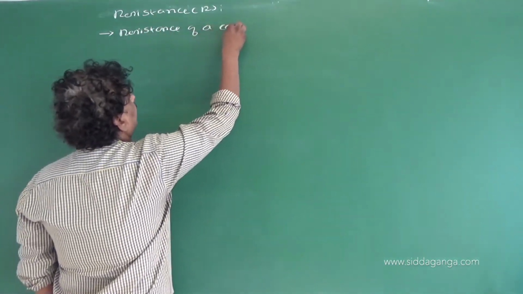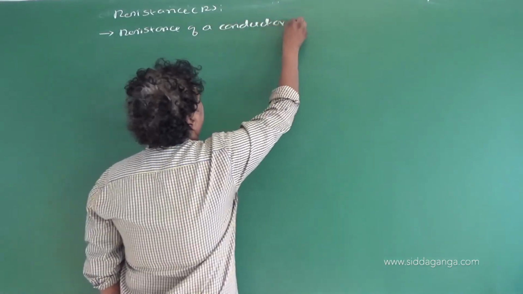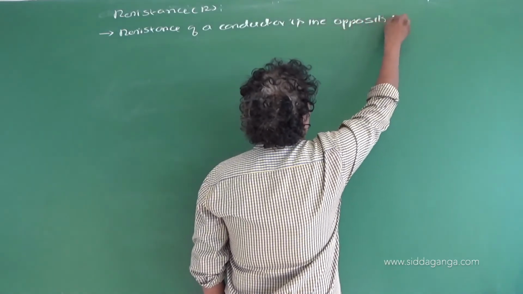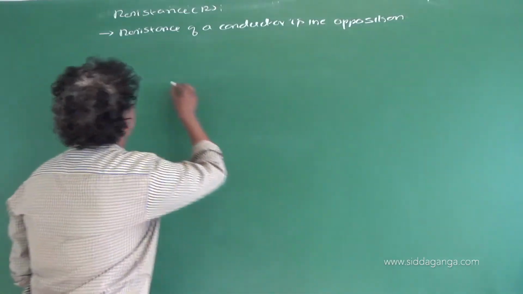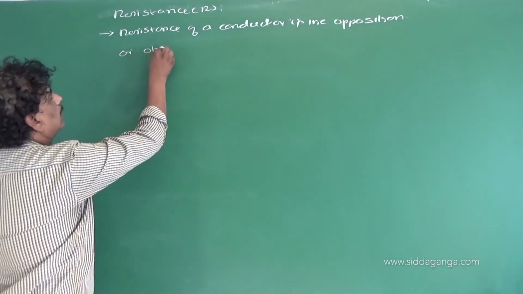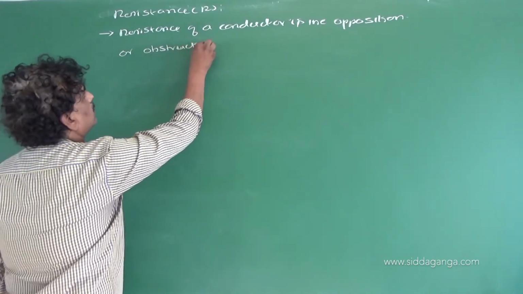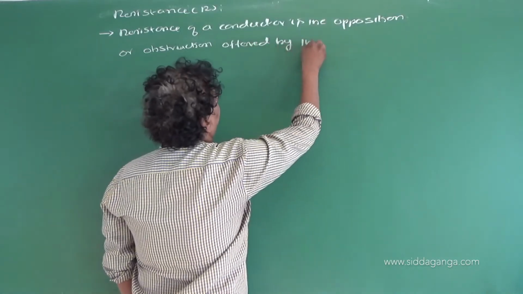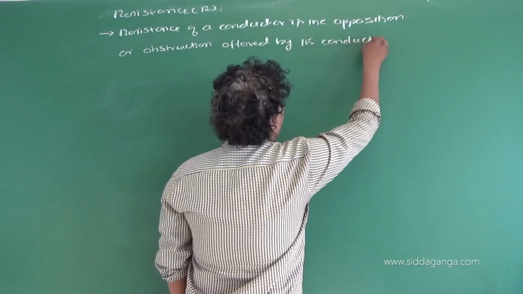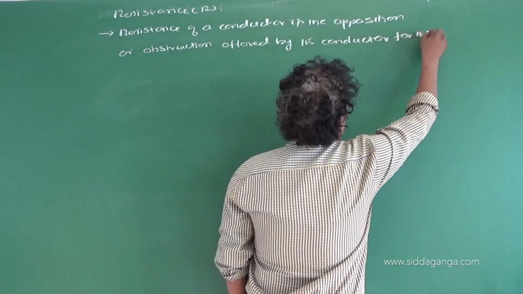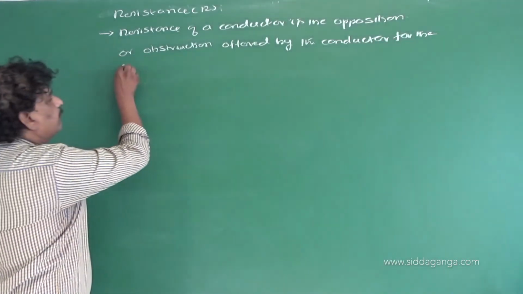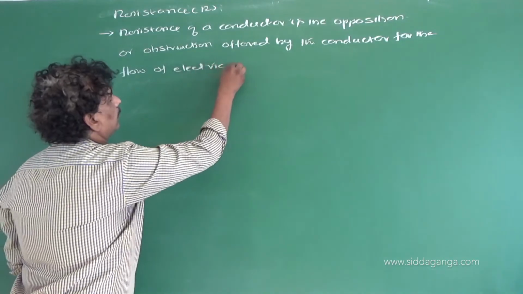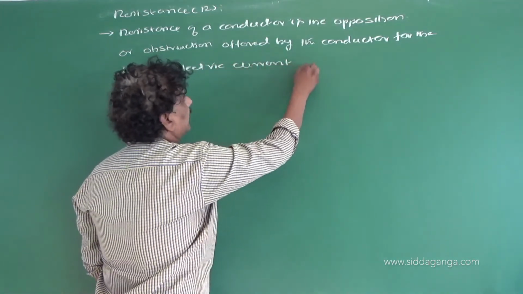Resistance of a conductor is the opposition or obstruction offered by the conductor for the flow of electric current